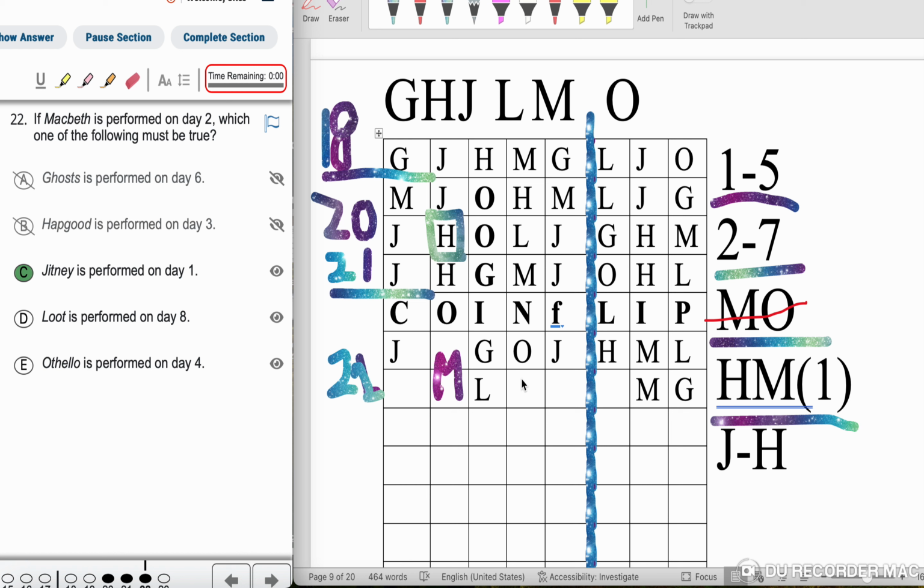Let's make sure that this is within the conditions. J, 1, 5, 2, 7, M, O, and then you're going to have J before H. And H and M have to be next to each other. Okay, so let's see if J could be in 1, that's allowed. L can be in 8, that is allowed as well. O is going to be in 4, that also is allowed. So with these 3 options, since